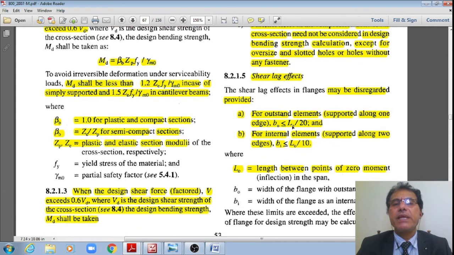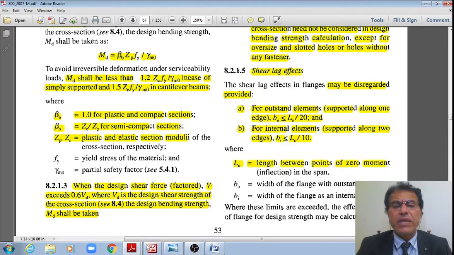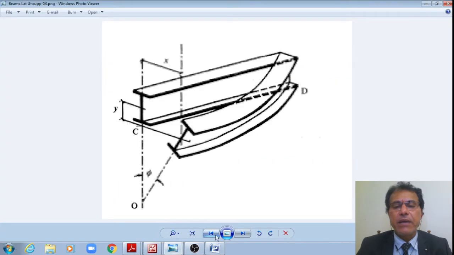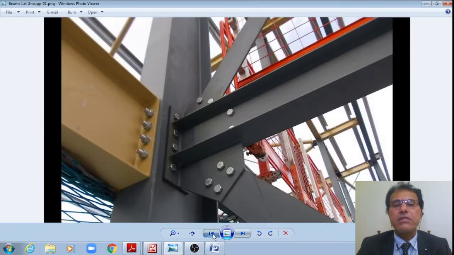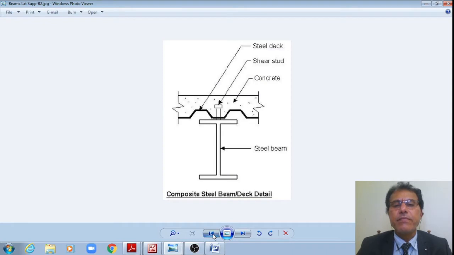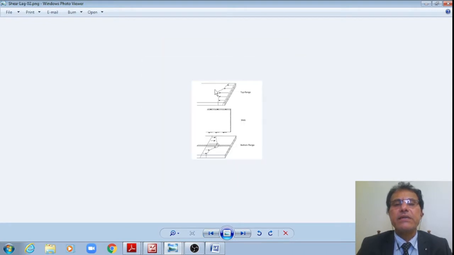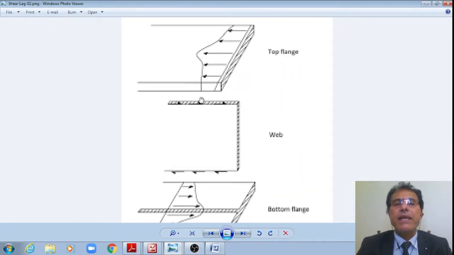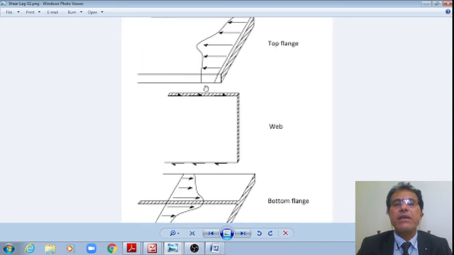Now the next subheading is the shear lag effect. What is the shear lag effect? Let me show this schematically. I am taking that I section, where there is the web, and at the intersection of the flange with the web,